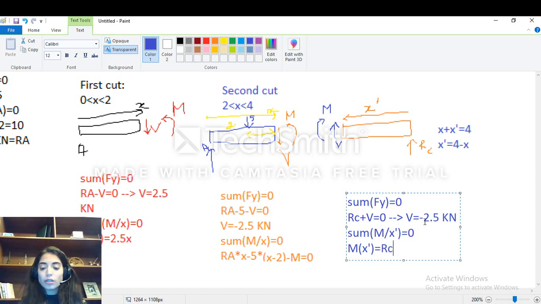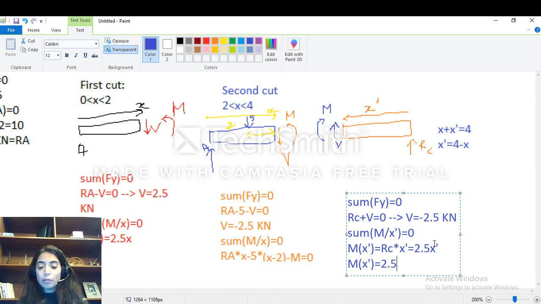It is equal to RC times X prime, which is basically 2.5 X prime. Now here, guys, you can see that in this case I got that M is equal to minus 2.5 X plus 10. Now here I got M is equal to 2.5 X prime, but if I replace